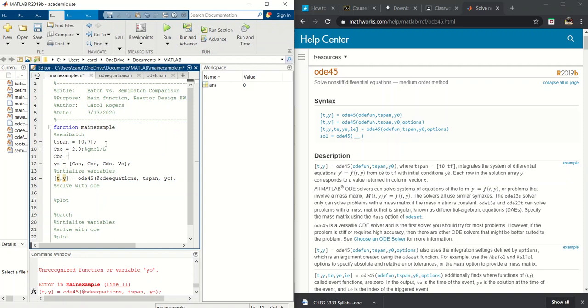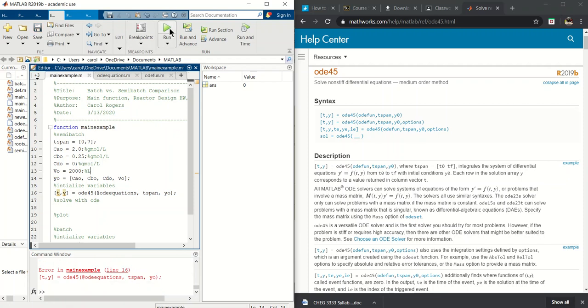CB naught equals 0.25, and that's also in moles per liter. CD naught is 0. Units don't really matter for that, but I'll put it anyway. And then V naught is 2,000 liters. Okay, and when we run this,